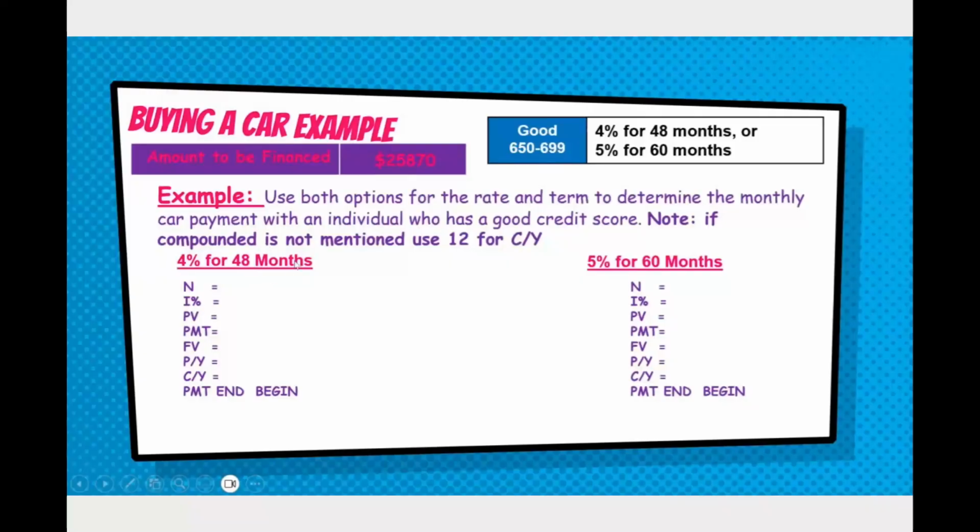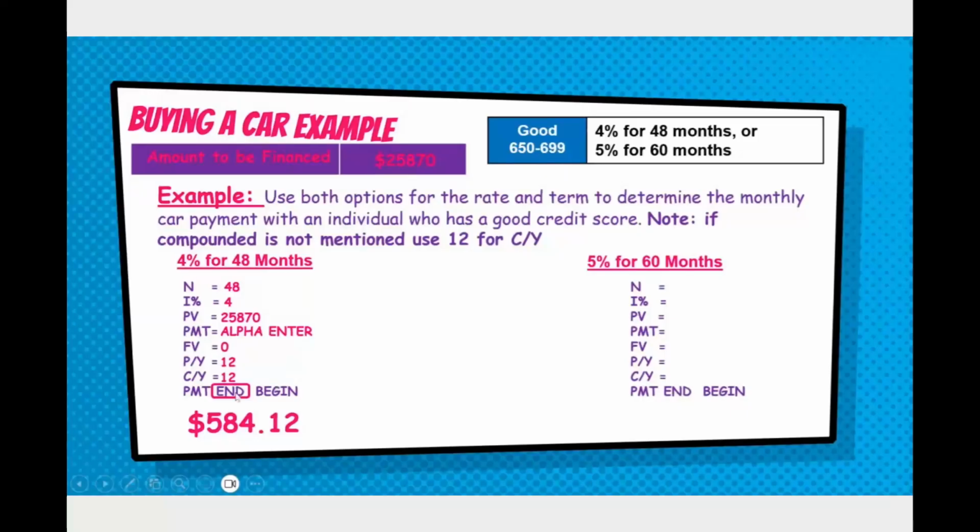So first of all, N should be how many months I'm paying it back. That would be 48. My percentage is going to be 4. My PV is going to be the amount I'm borrowing, so the amount to be financed. My PMT is what I'm solving for. Future value should be 0. Both of these are 12, and that should say end. Like this. Then I hit alpha enter right here, and I get